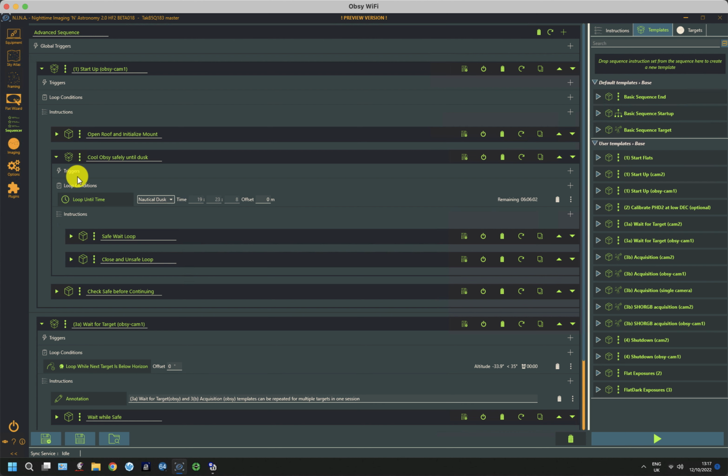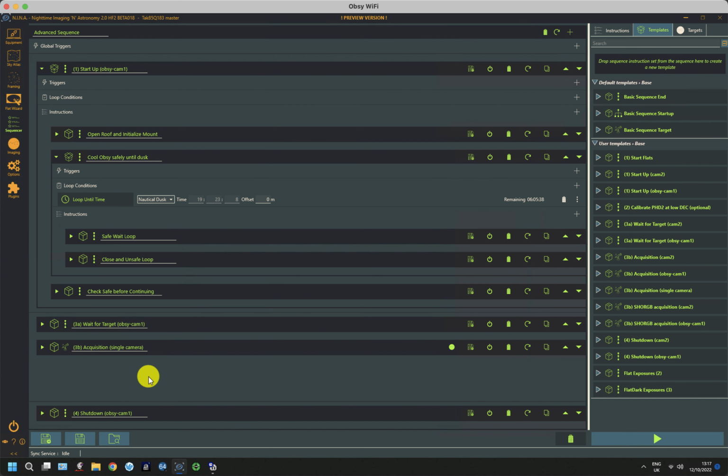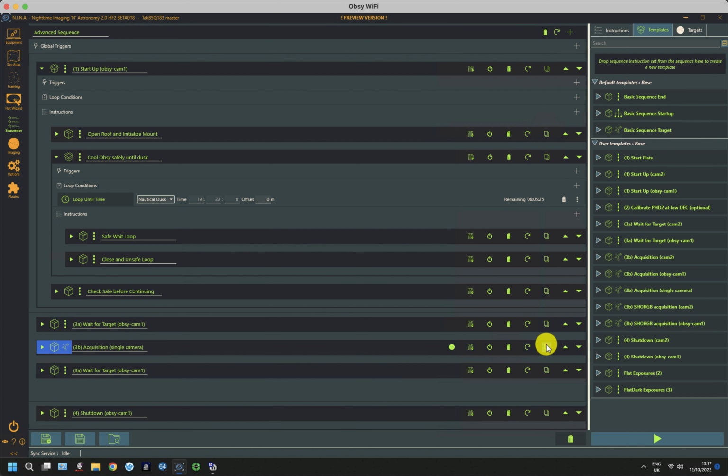So here it was just simply waiting for dusk to happen, and if I scroll down, what it's doing here is something very similar, which is just waiting for the next target to come up above the horizon. So this is going to loop while it's lower than the horizon, and the reason that we separate this is because if I collapse this for a second, I can have several targets. So I can, for instance, duplicate this and then duplicate this one,